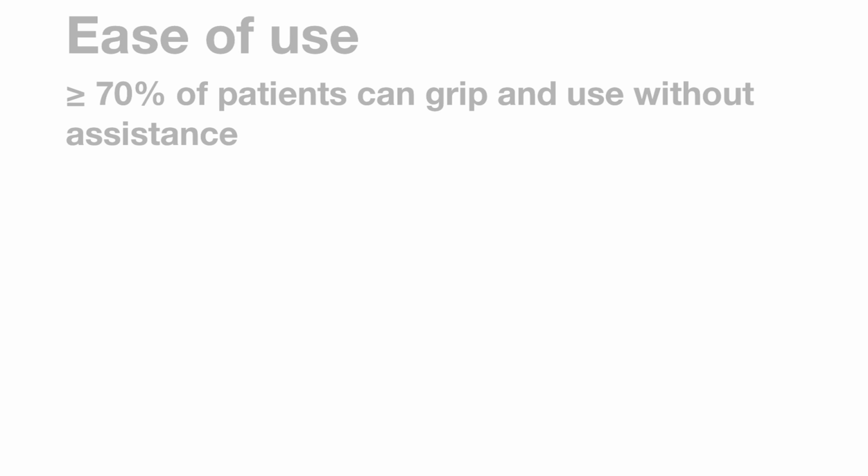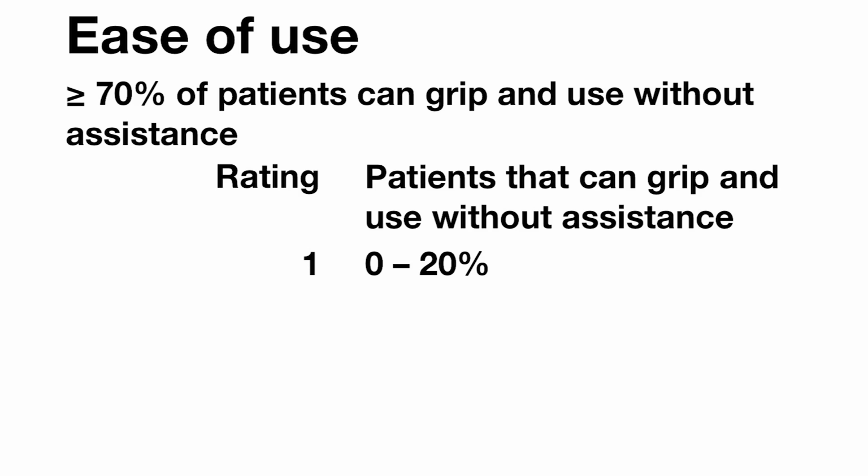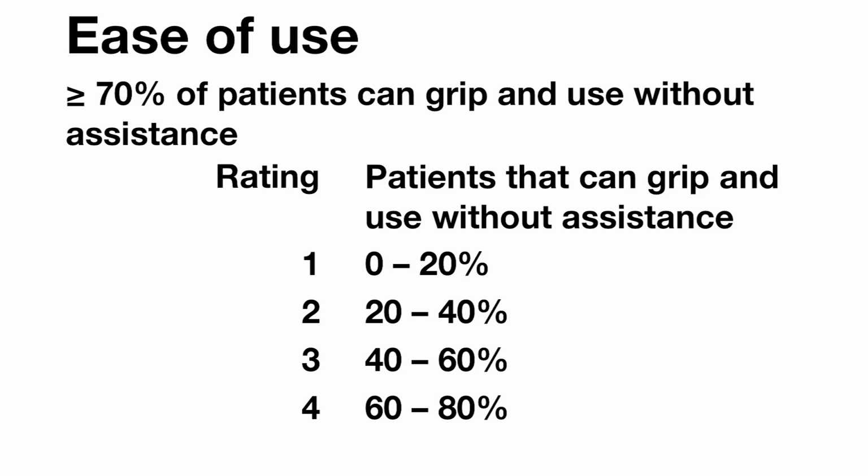For ease of use, we've set the design criteria that greater than or equal to 70% of pediatric patients with arthrogryposis can grip and use the device without assistance. We've taken the range of 0 to 100% and split that up into increments of 20, such that for rating 1, we have 0 to 20% of pediatric patients can use and grip the device. For rating 2, 20 to 40%, rating 3, 40 to 60%, rating 4, 60 to 80%, and finally, rating 5,